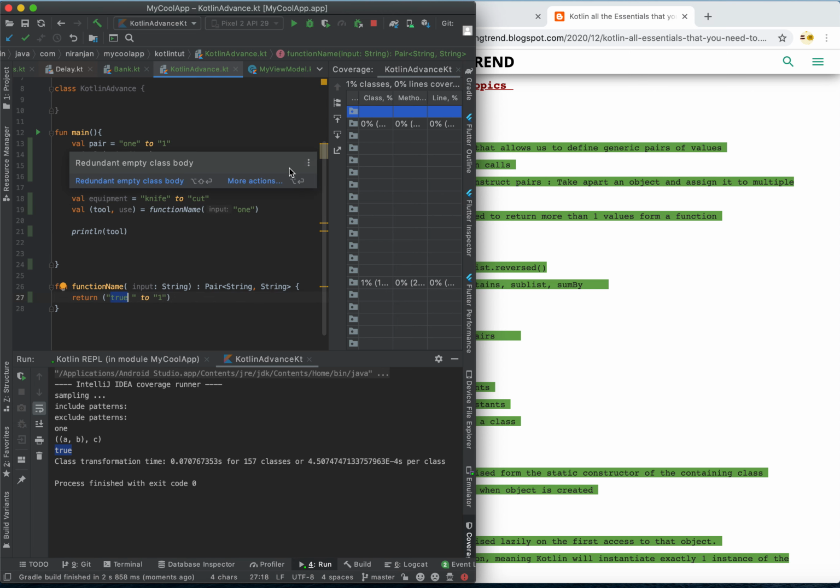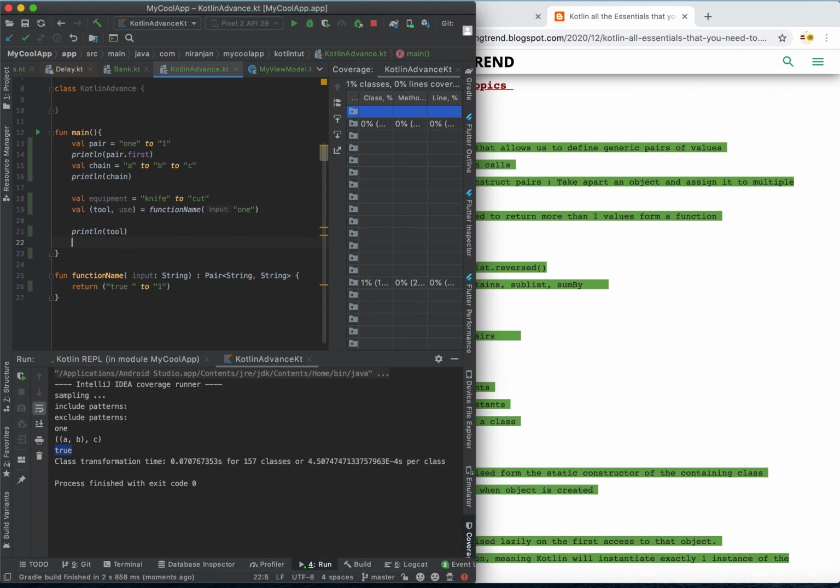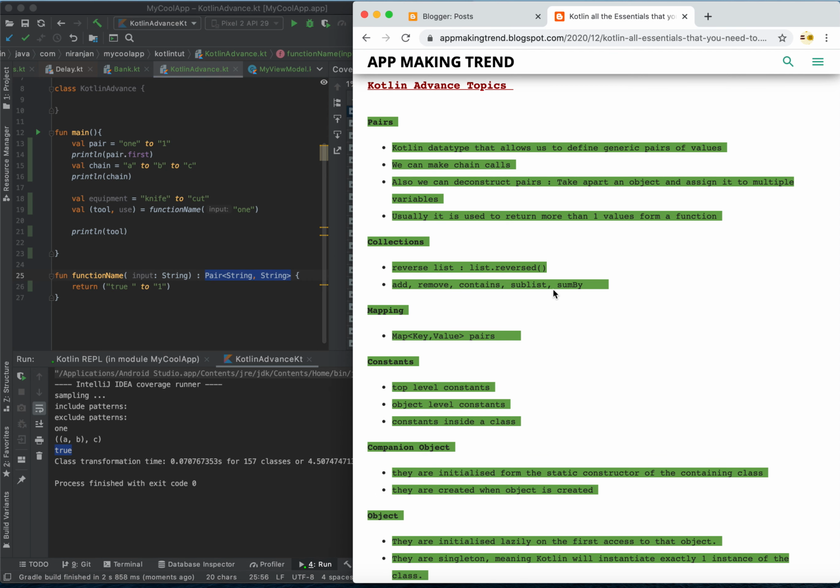So yeah, this has a lot of use cases. If you do advanced programming in the future, you can use pairs to create some advanced features, like returning two values. At the moment, this is one of the use cases of a pair. So now